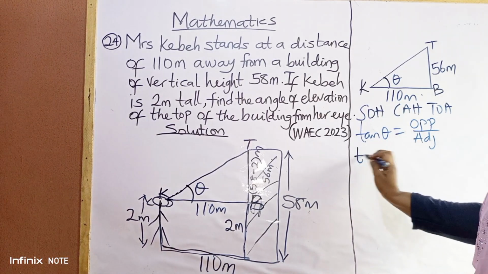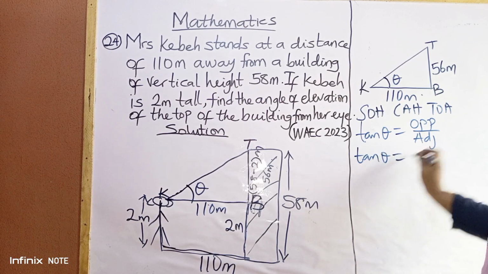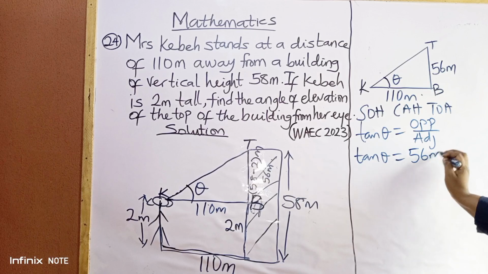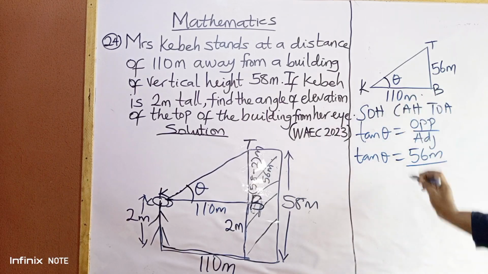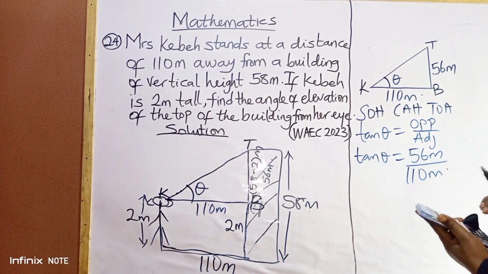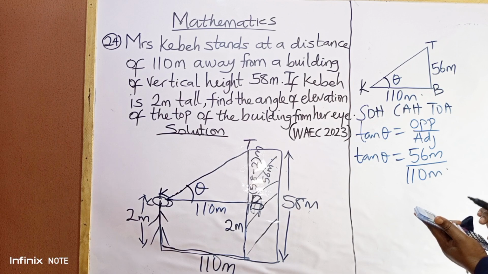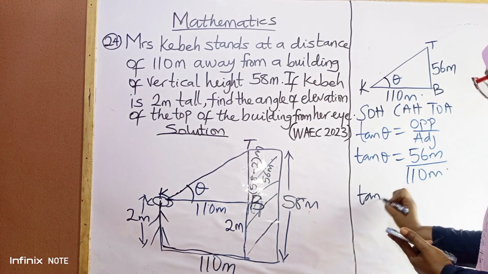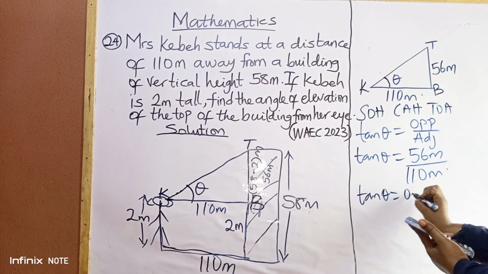So now tan theta will be equal to, what is our opposite? 56 meters, divided by the adjacent, 110 meters. So 56 divided by 110